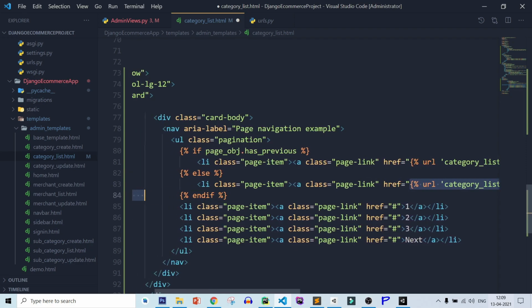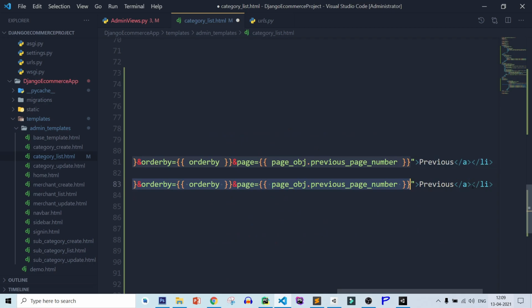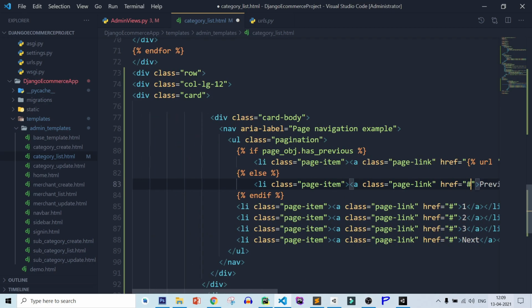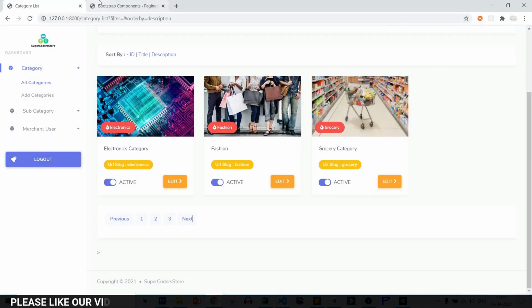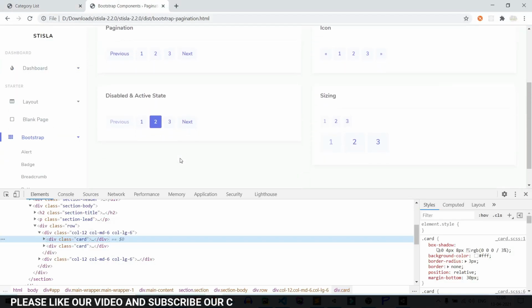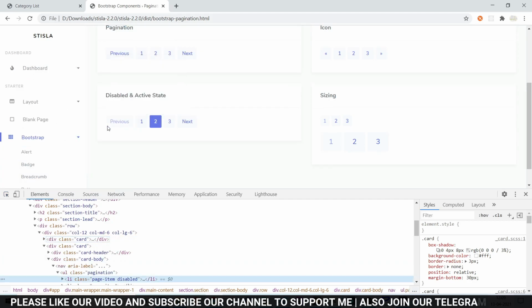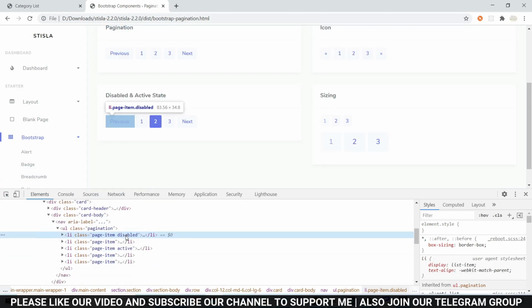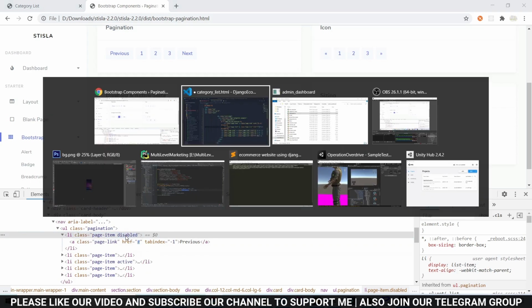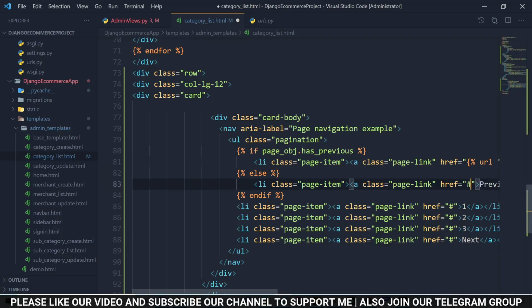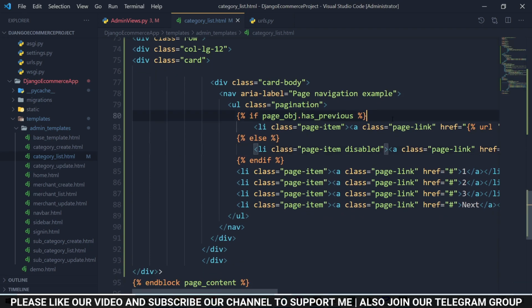So remove the URL first, hatch, and let's see a disable pagination. So let's see disable. You can see this is disable. Let's copy the class name of disable. Only you need to add disabled. Save it.